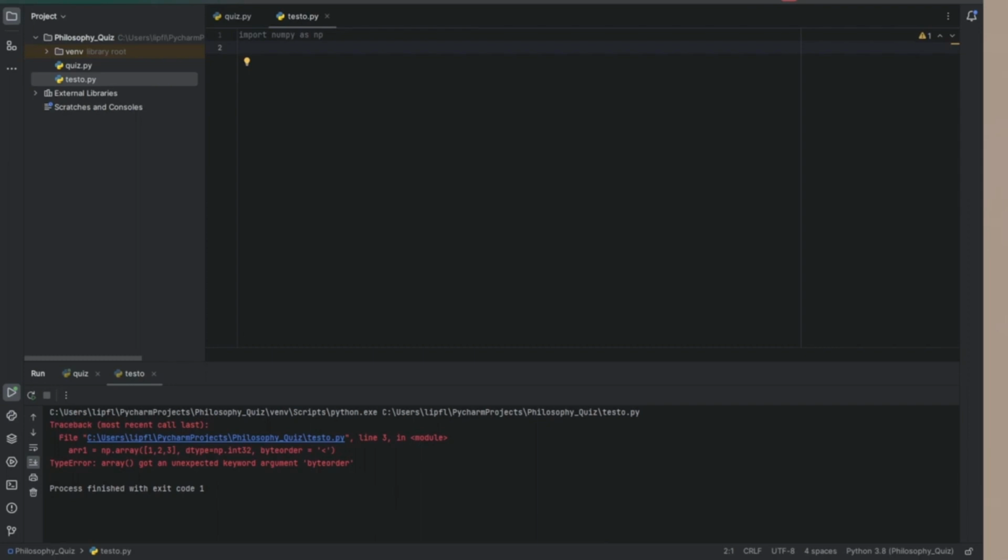And if we are using an AMD or an Intel processor, it will most likely be the little endian byte order. This simply means that the least significant byte is stored at the lowest memory address and the most significant byte is stored at the highest memory address. And yeah, big endian is the exact opposite, so the most significant byte is stored at the lowest memory address, and the rest you can